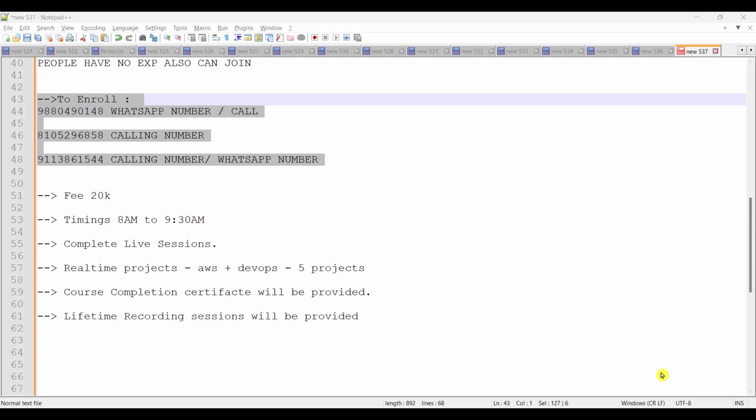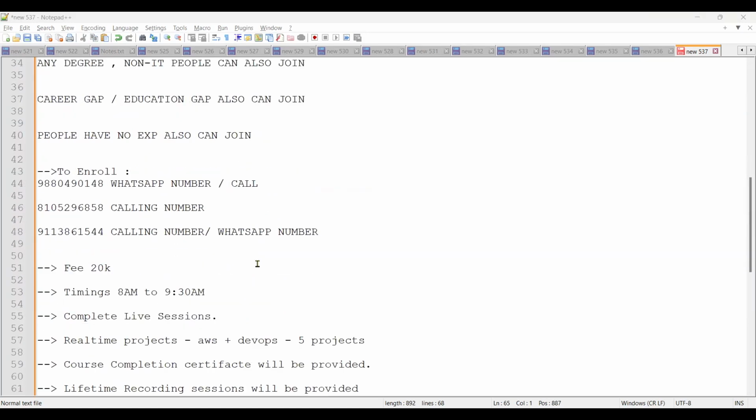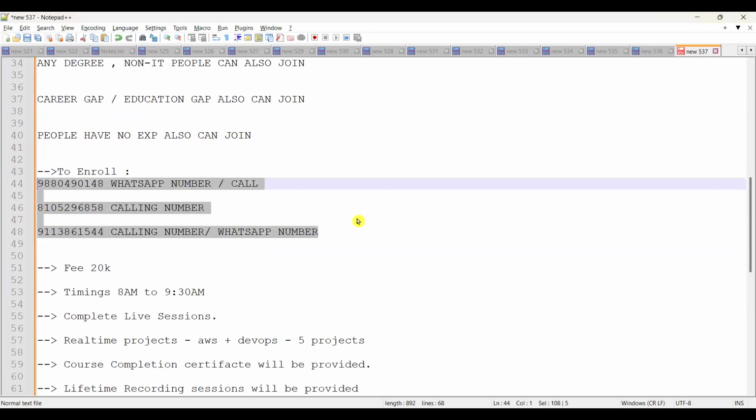I was confused about which to choose. See, Snowflake is ETL. You learn ETL separately, and nowadays people are asking for any cloud tool, like AWS, Azure, or GCP. You can learn AWS alone, which is just 12,000, without DevOps. You call us, okay, Anjali, and we'll explain it better. Okay, thank you.